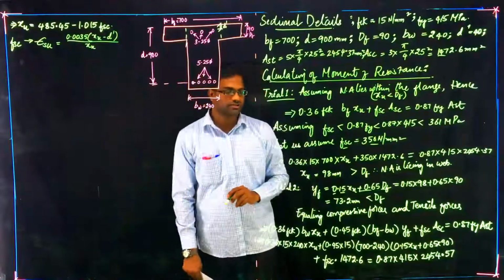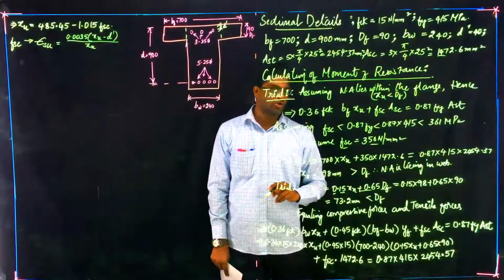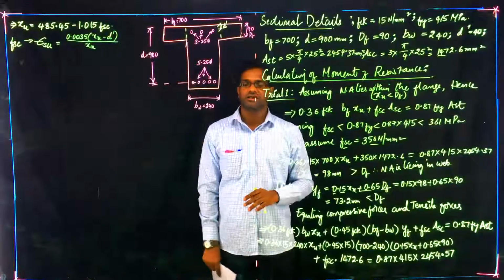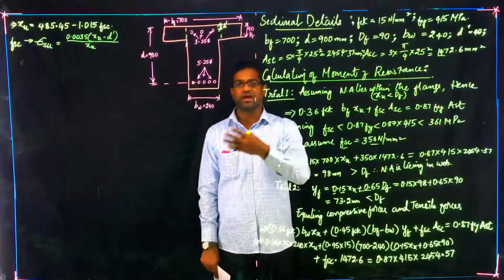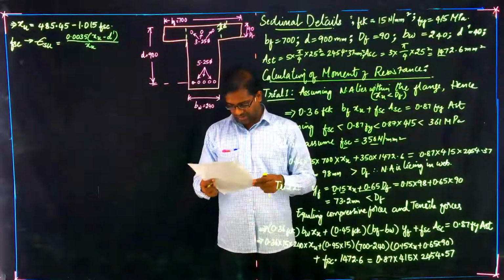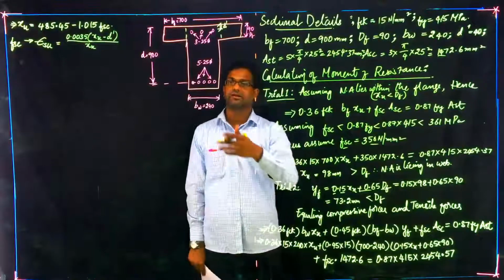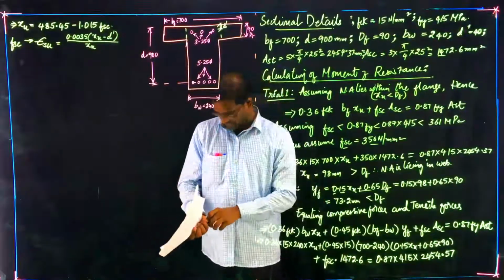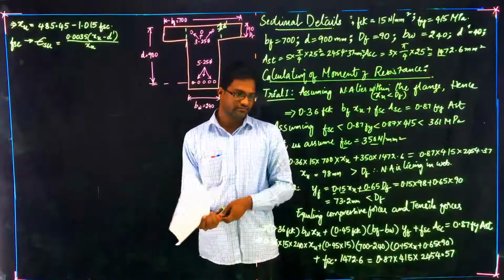Now how much should I take XU value? We always say we have to take the previous trial XU value and substitute to calculate the FSC value. So as per our problem, the previous XU value we have got as